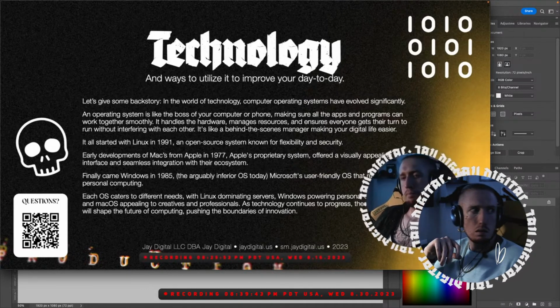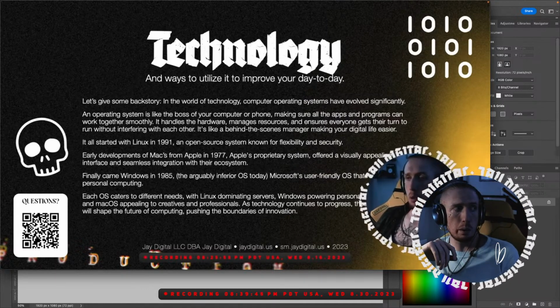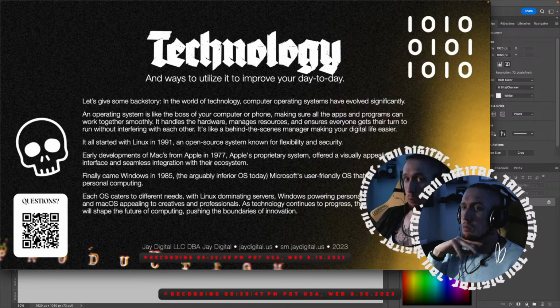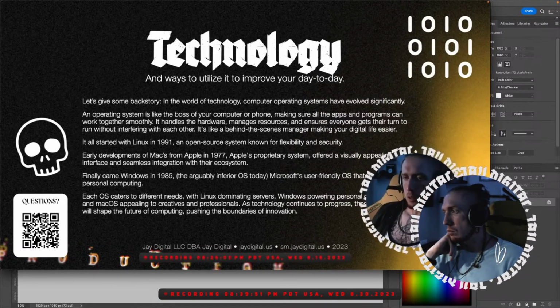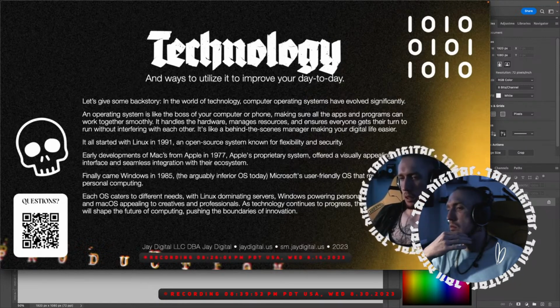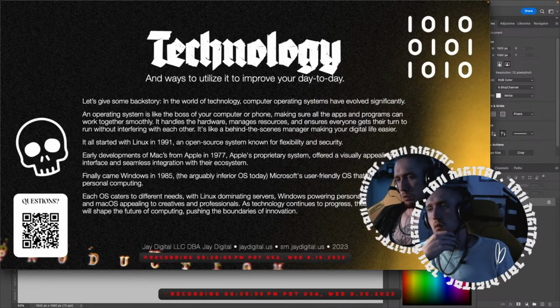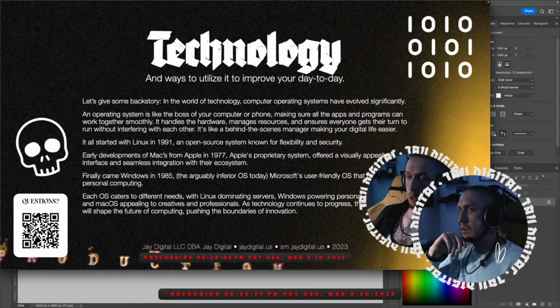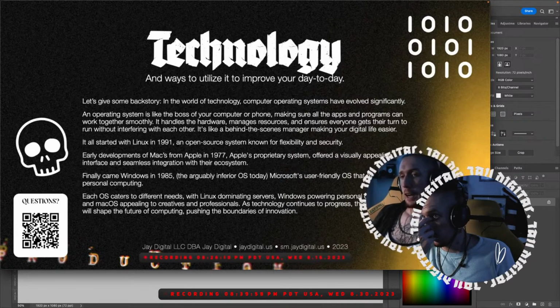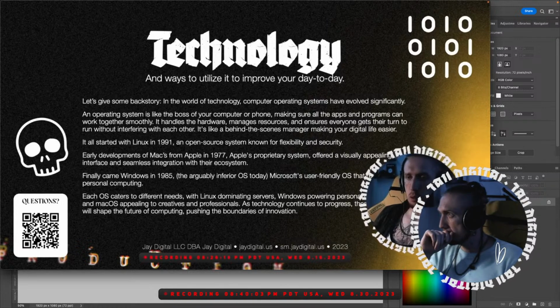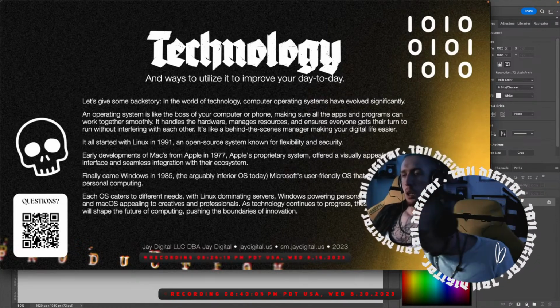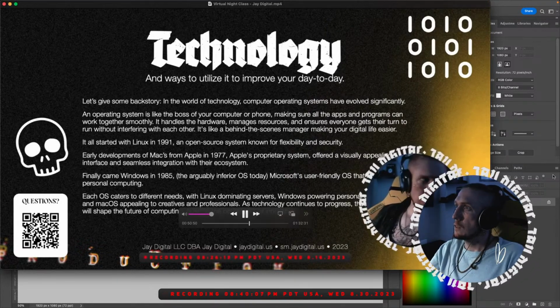But Mac OS is becoming more available to games. They have an arcade program now. So it's just to each their own, but I feel like Mac is the superior product. As technology continues to progress, these systems will shape the future of computing, pushing the boundaries of innovation.